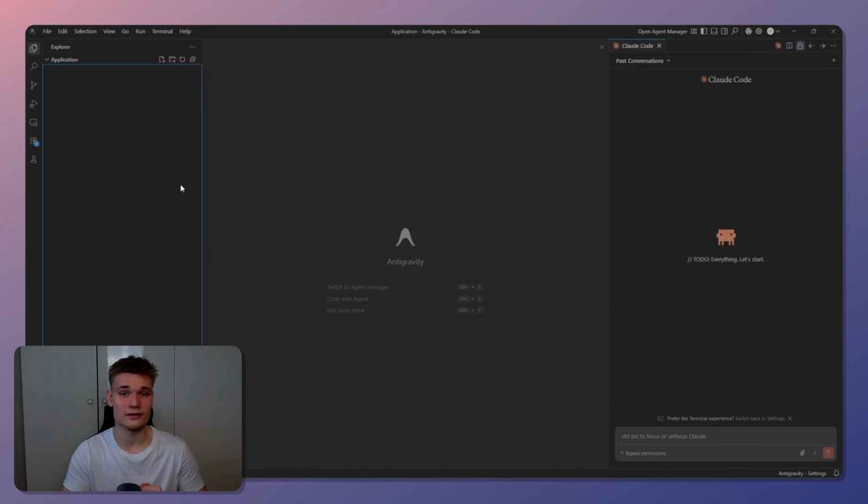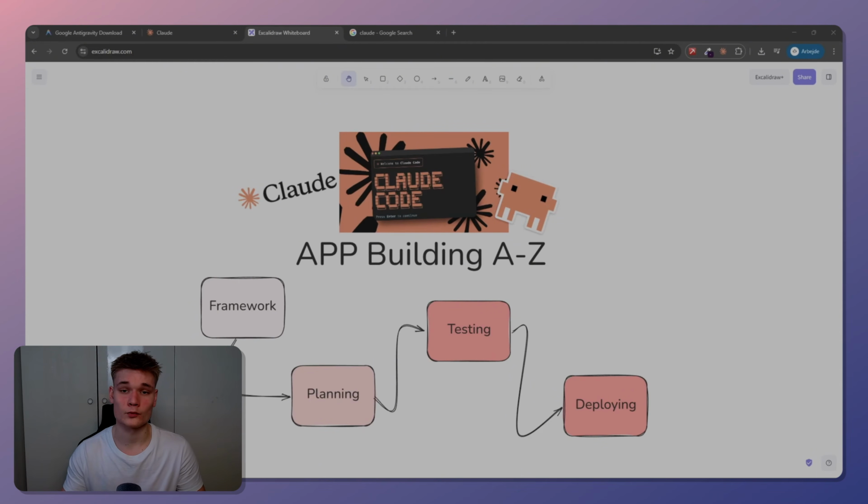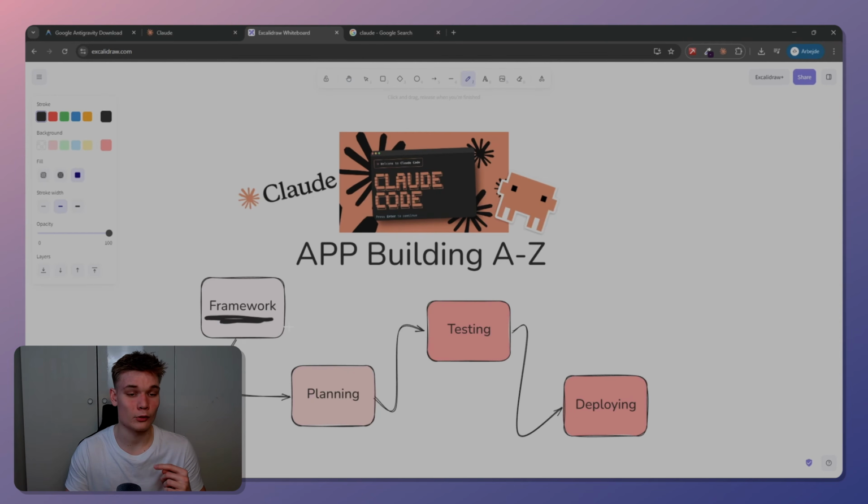Let's start building the application. For building this application, we're going to be using this exact setup. First of all, we're going to be having a framework, which is where we're going to be giving the AI instructions on how to execute on creating the application. Think of it as giving instructions to a coding team. We want to be specific on how the agent should build out the application so that we can control the